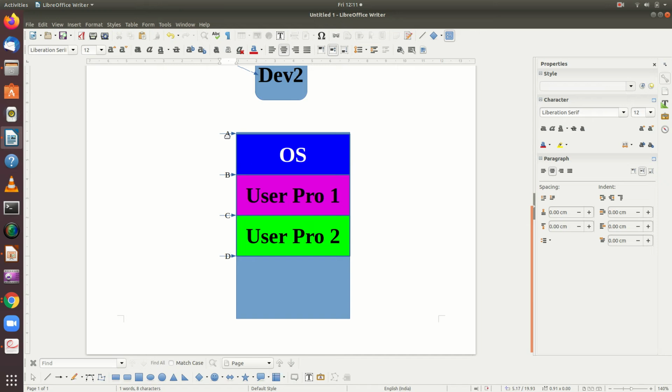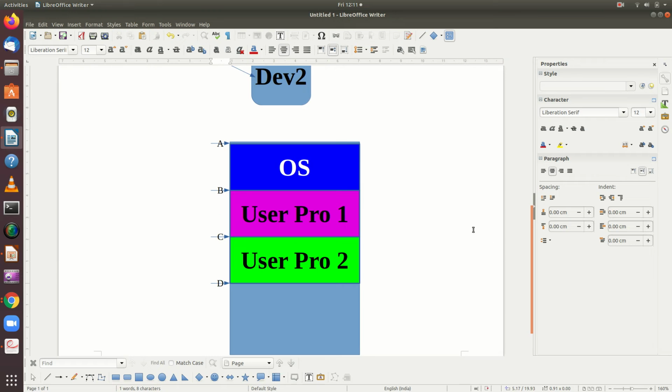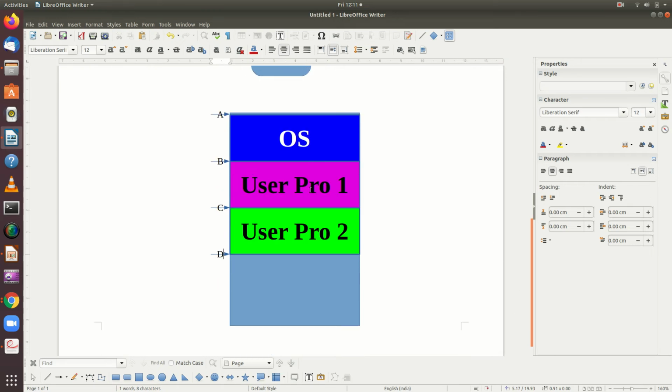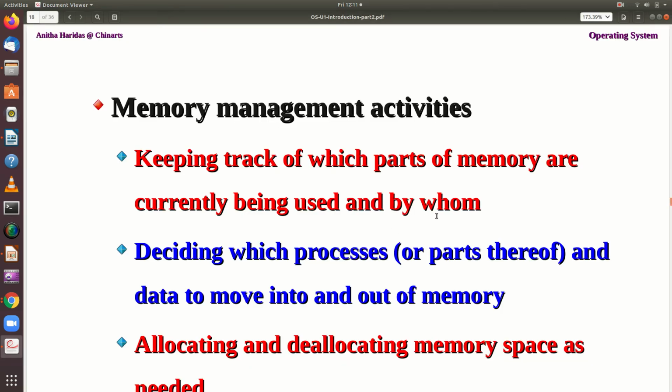Right from address A to address B is the location allocated for the operating system. Right from location B to location C, it is allocated for user process 1, and right from C to D, it is allocated for user process 2. So this information will be kept track of by the memory manager.